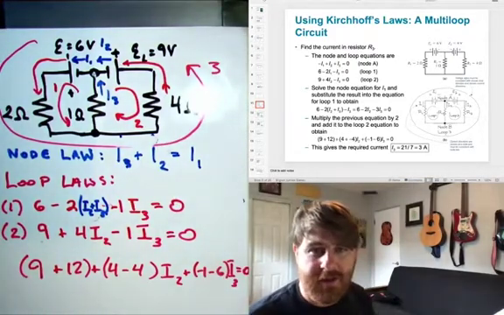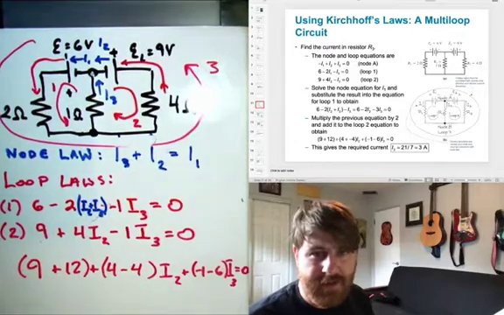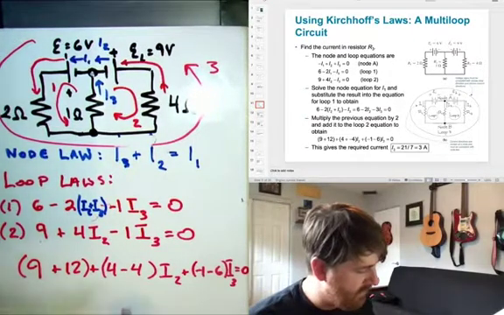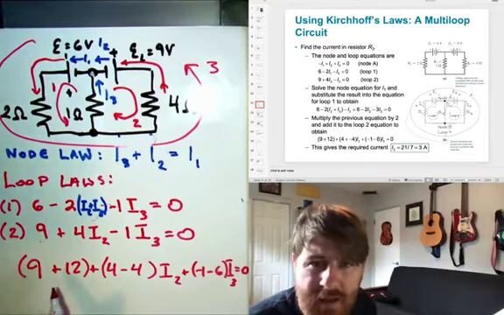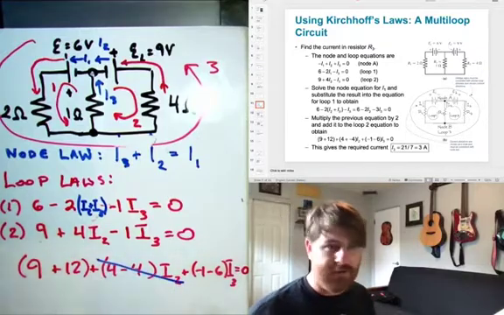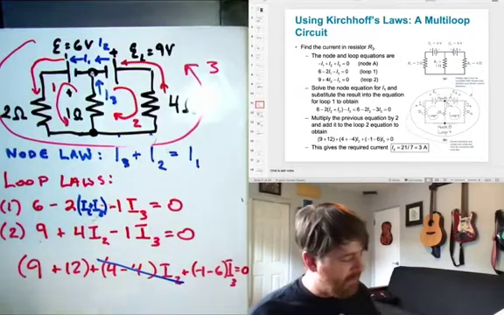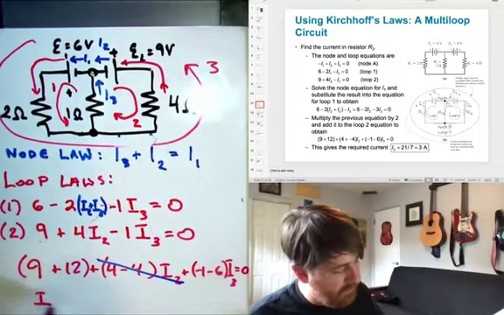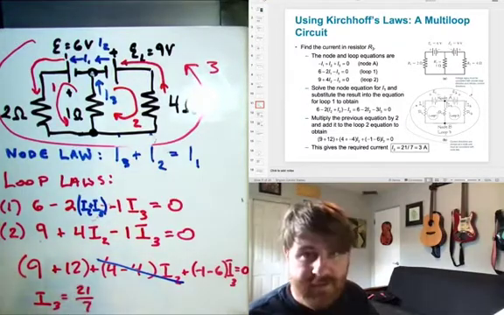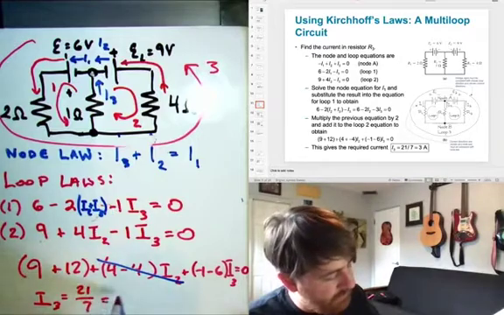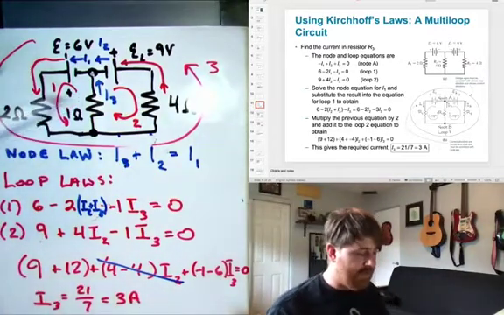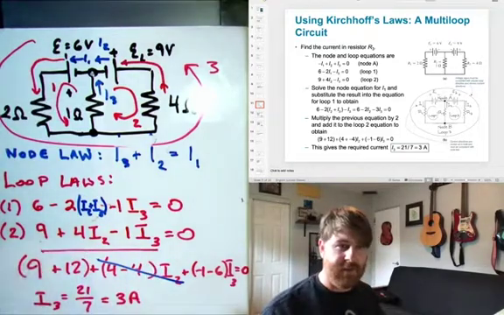And then we can solve for I3. Wait a second. Hold on. Oh, right. This goes away, and we can solve for I3. So I've got I3 must be 21/7 or 3 amps. All right, so now that I know I3, I can solve for I2 using this equation,